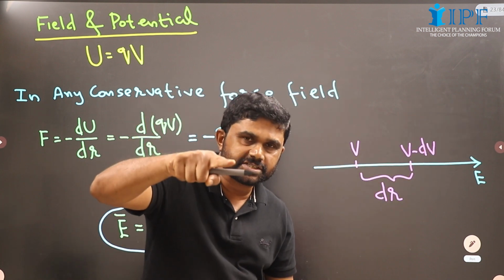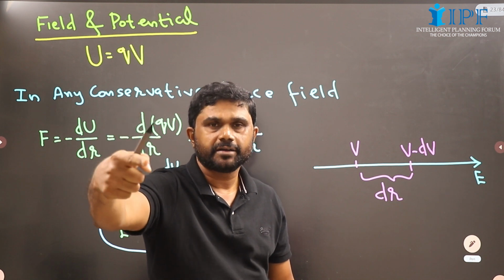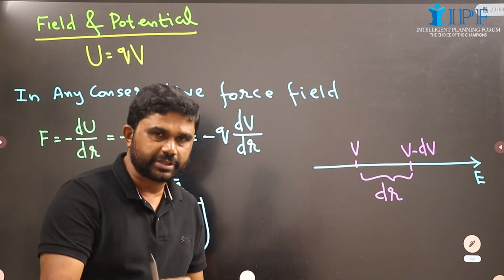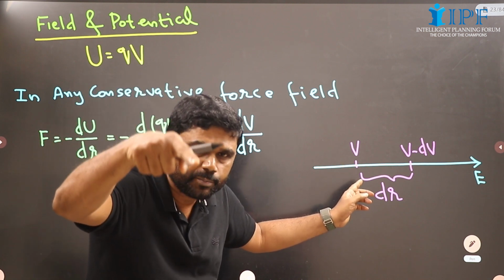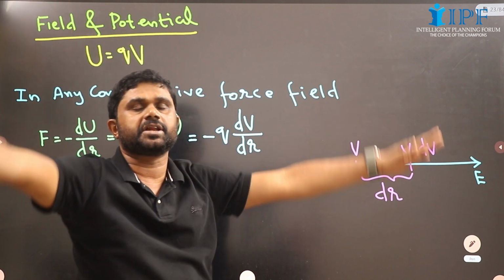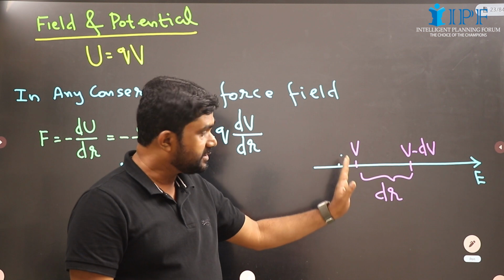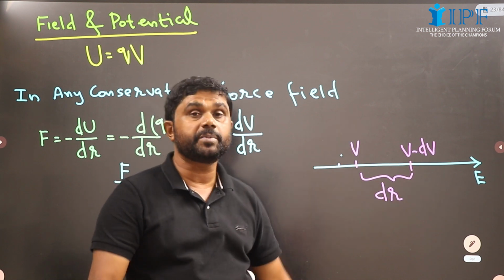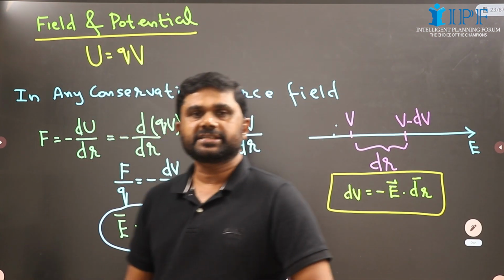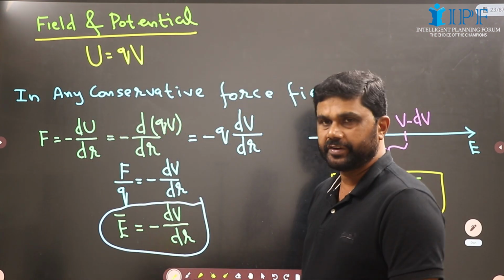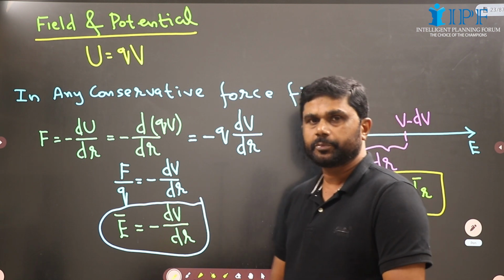As we move through a distance dr, potential will change by dV. Here this negative sign is to show that potential will decrease by dV as we move through a distance dr along the direction of the field. So if the potential here is V, then after a distance dr it will be V minus dV. Next, we have intensity of electric field equals minus dV by dr, negative of the potential gradient,